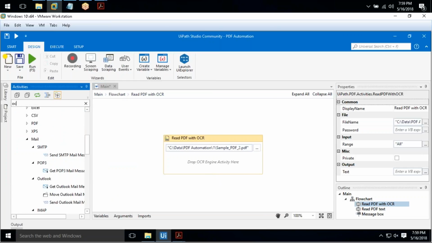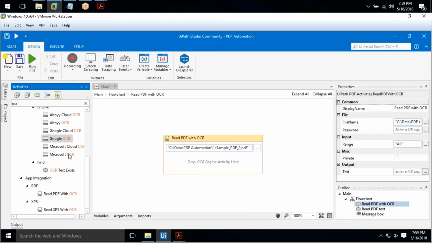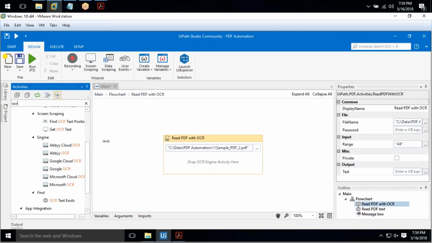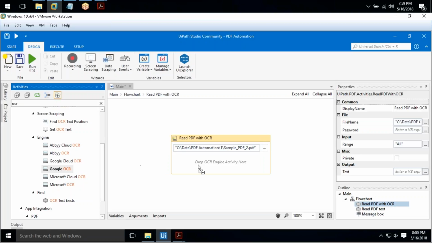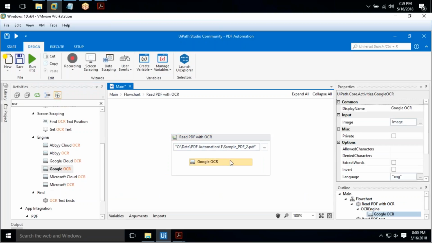You can just type OCR. By default, we have so many OCRs available over here. By default, Google OCR and Microsoft OCR will work fine. Apart from that, you have to configure Abby and Google Cloud. So when you drag this OCR over here,